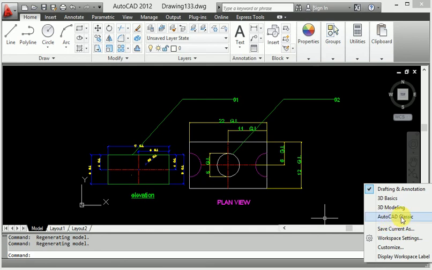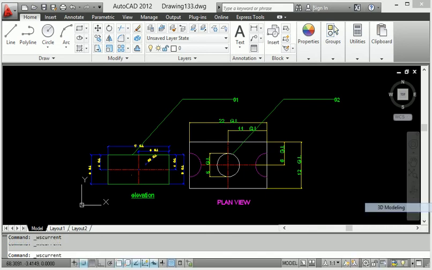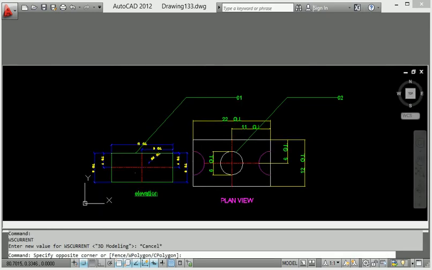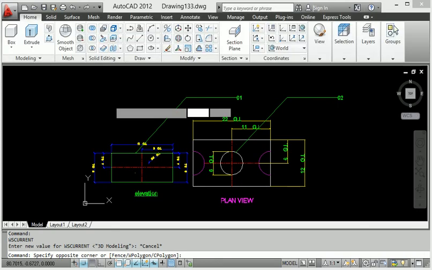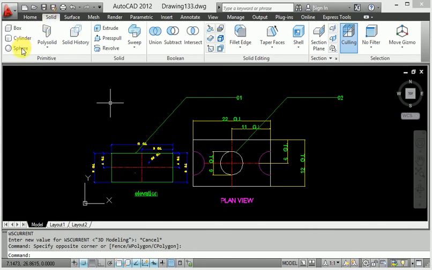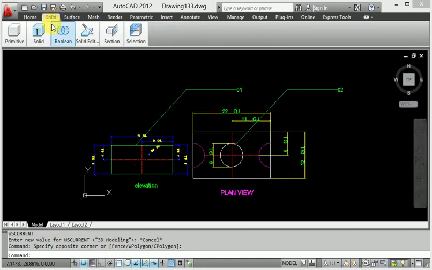AutoCAD Classic is very good, and the 3D modeling workspace is also important, because when you go to 3D modeling work, I will definitely use it for a box, extrude, everything available in the commands. Solid commands are available here: box, cylinder, polygon, sweep, everything is available in the sweep command.